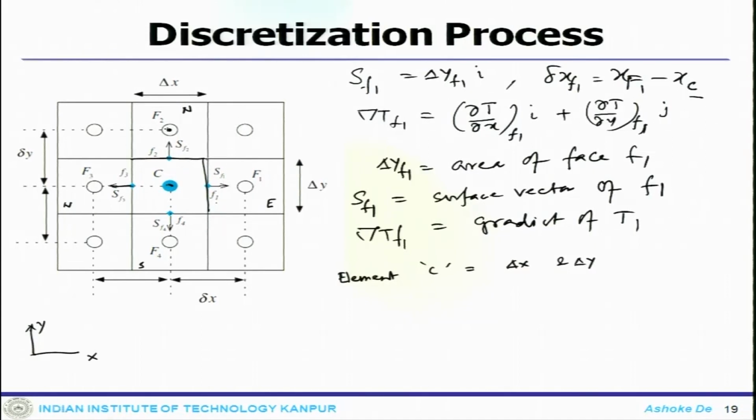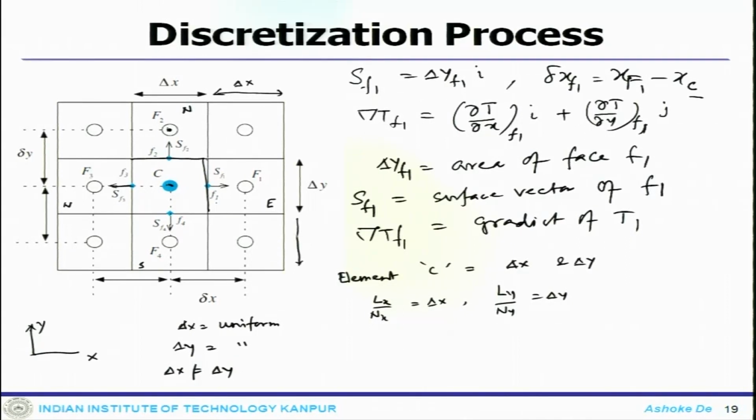Once you assume they are cell centers and the grid distribution, that means the delta x is uniform and delta y is also uniform, but that does not mean delta x has to be delta y. This is not true. Whatever domain length you have, that is uniform. Let us say you have Lx, you divide by nx number of points, then you get delta x. Similarly, Ly divided by ny number of points, you get delta y. So this is what we mean by delta x uniform. So this would also be delta x if I consider. That is what we mean to say. So this is also delta y.